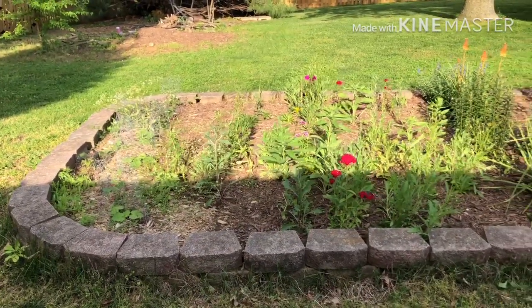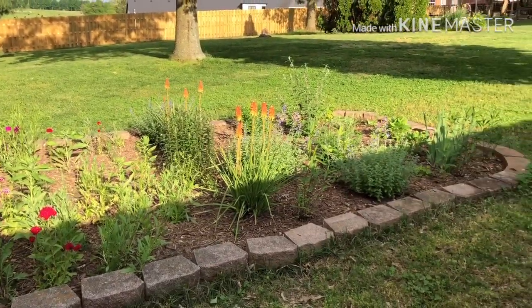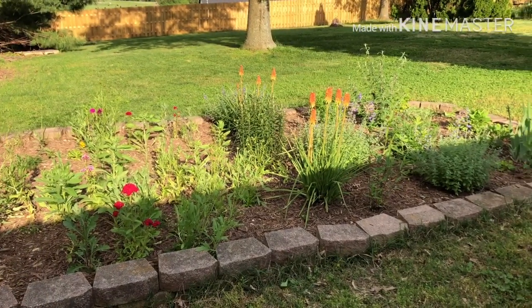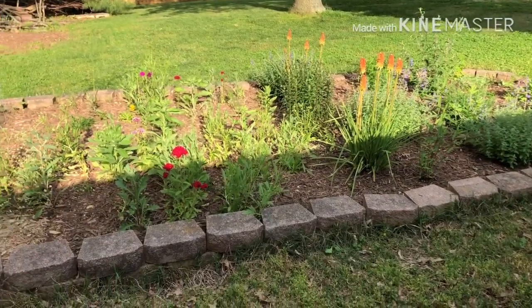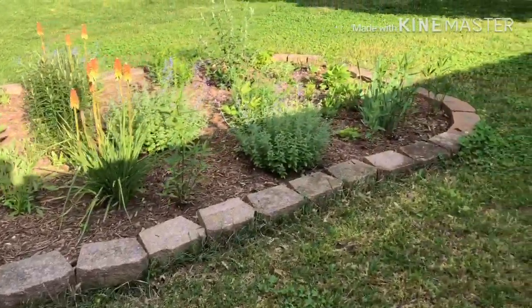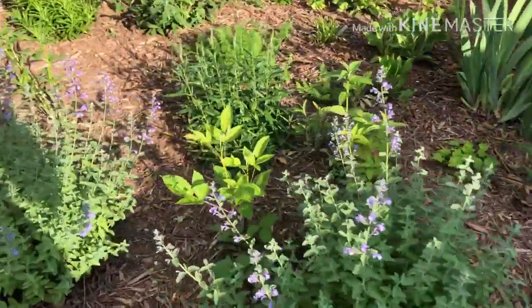So as you can see, this is coming along really, really nice. I'm so happy with how it looks now that it's cleaned out and mulched. I've got more of that fireworks goldenrod here in the middle. A lot of different heights, a lot of different colors. Bunch more milkweed that I've been getting established back here, and some kind of berries, and I want to say